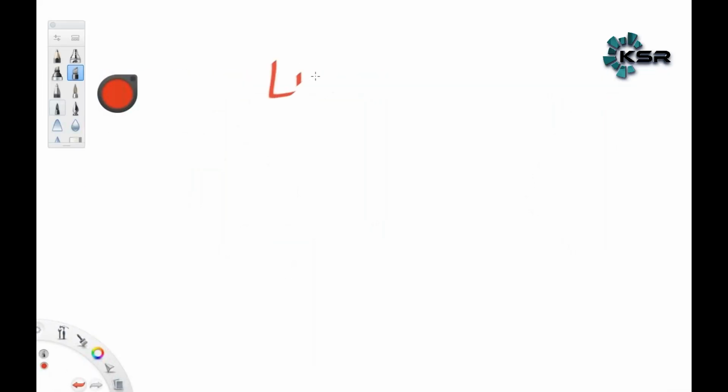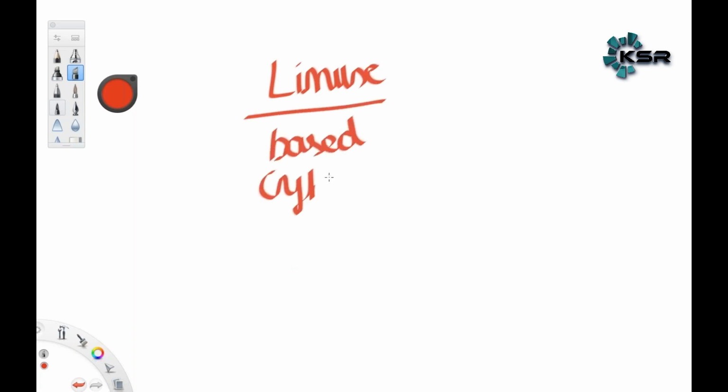Okay, and basically what is Kali? Kali is a Linux based cyber security distribution.